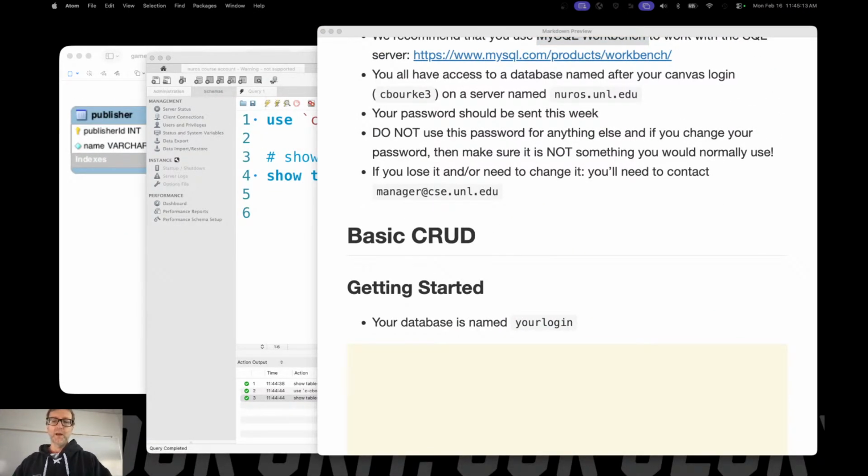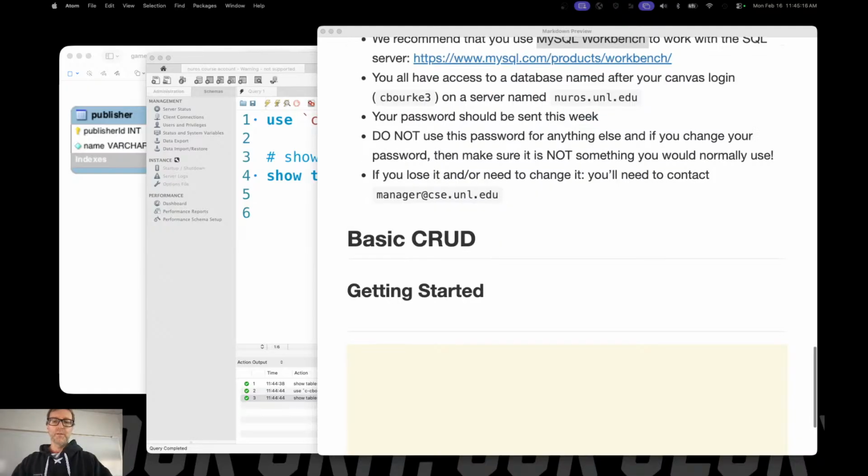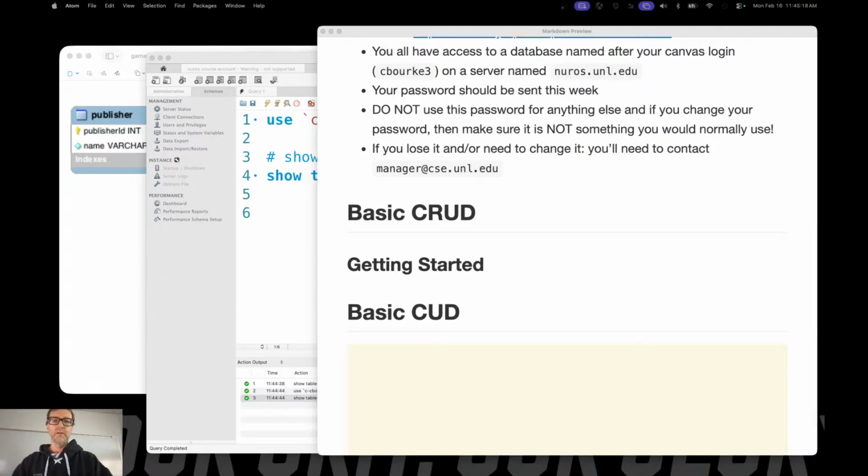Now let's talk about basic CUD. I'm leaving out the R for now. I'll preview it as we go along here. But the R is much more complicated because it has so many more things that you can do with it. Putting stuff into the database, there's really only one way to do it. Pulling stuff out, you can do all this database magic where you're combining things and joining things together. So we're going to get to that eventually. So let's start out with